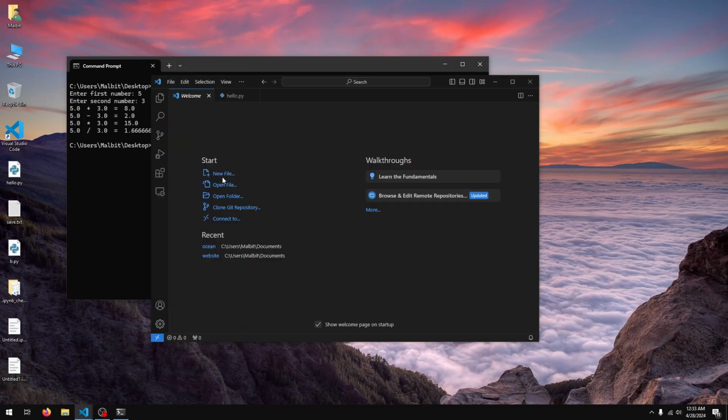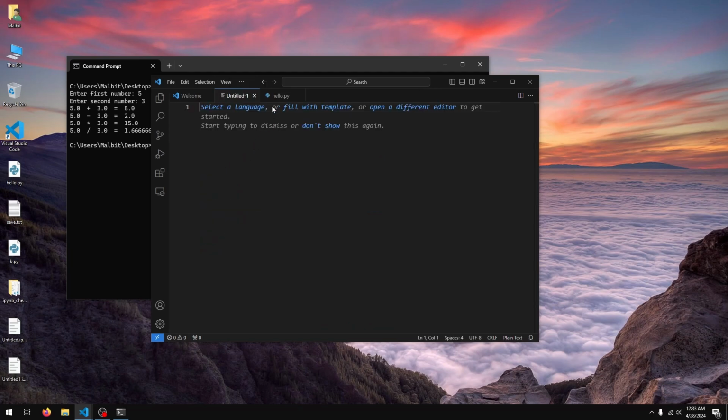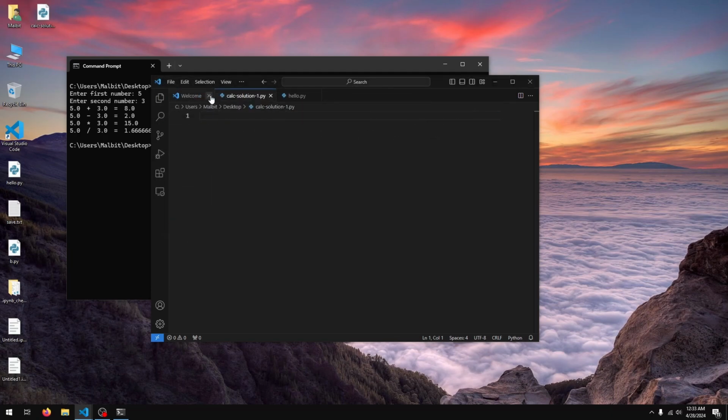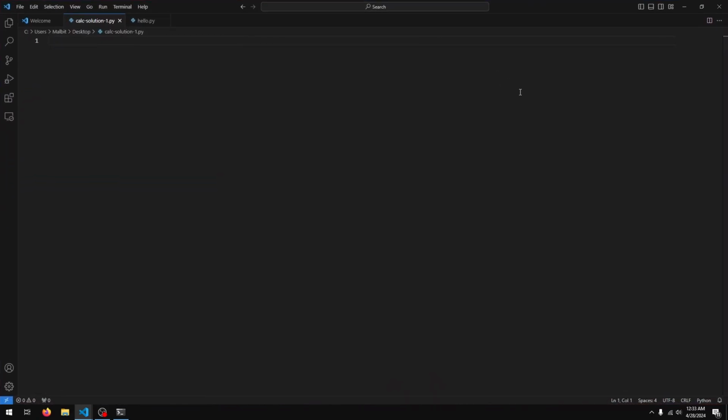So I'll open up a new file and let's just save it as calcsolution1.py. And now the first thing we want to do is ask the user for two numbers, so let's just do that. I'll just say first num equals input, enter first number,